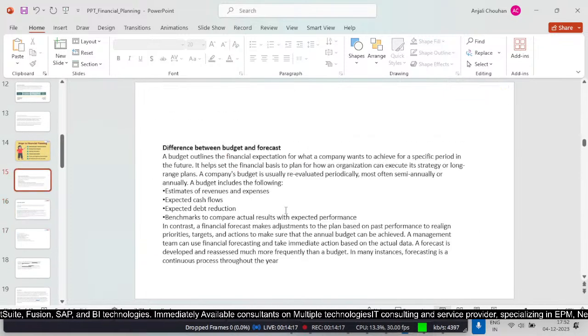This is very important to understand, the basic difference, because many people are always confused about budget and forecast, like what is the difference in that. So a budget outlines the financial expectation for what a company wants to achieve for a specific period in the future. It helps set the financial basis to plan for how an organization can execute its strategy or long range